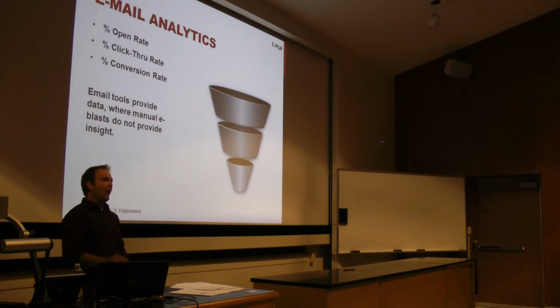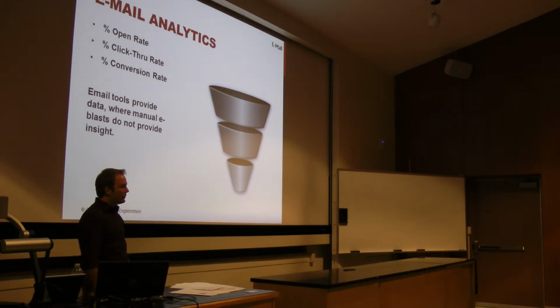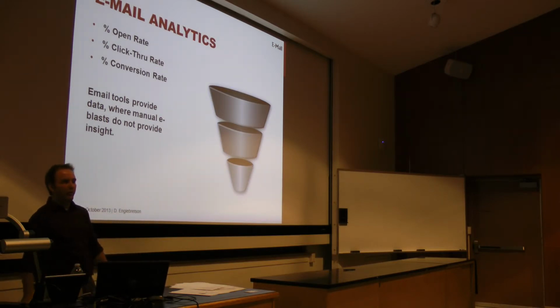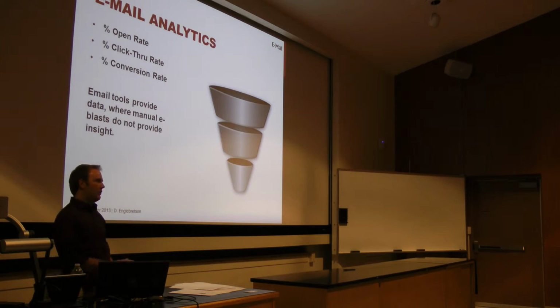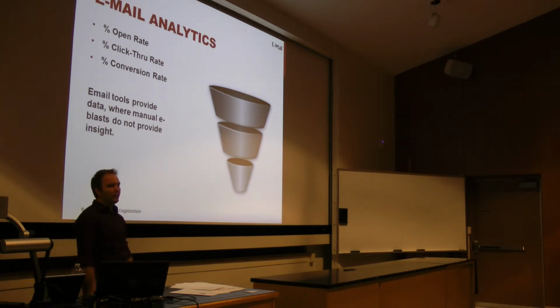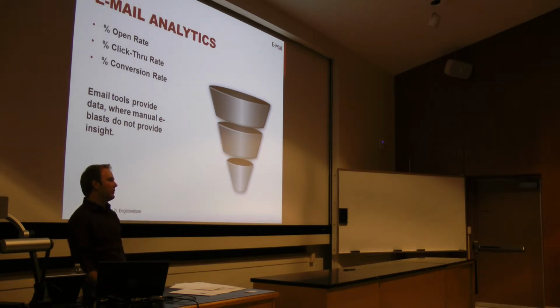So if you just blast through Gmail or blast through your listserv or blast from some one-off program, you're not going to get a lot of that data. Whereas if you use actual tools, one that I would recommend for somebody who wants to do this on a small scale is Constant Contact, or maybe MailChimp. Generally, it's inexpensive to get into, we're talking like in the $15, $20, $50 a month range. And it will give you the data and the tools needed to do some of this A/B testing and get a better understanding.